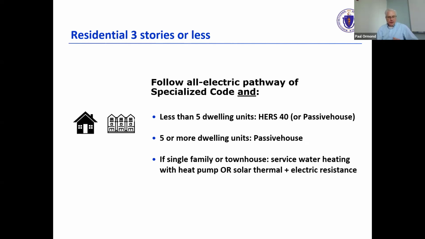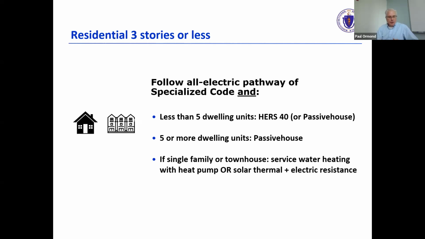For residential, there's a few different if-thens here. So if the residential is 3 stories or less, we would propose that the opt-out best practice is the all-electric pathway of the specialized code. And if it's less than 5 dwelling units, then the standard to meet would be HERS 40 or passive house.